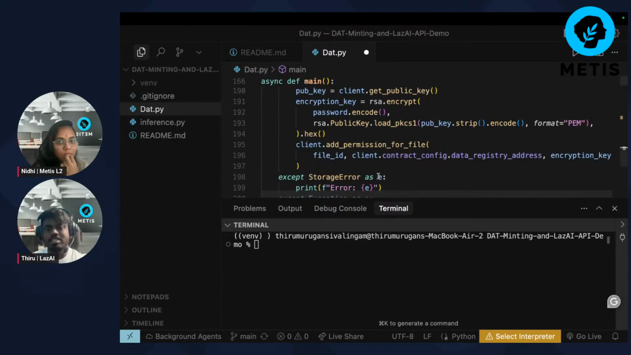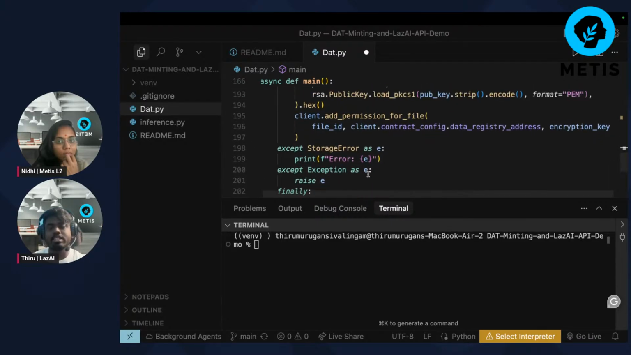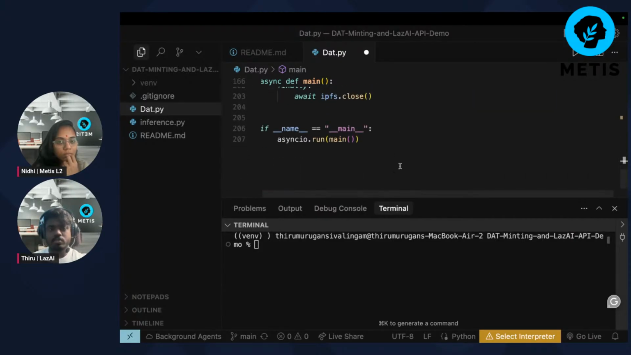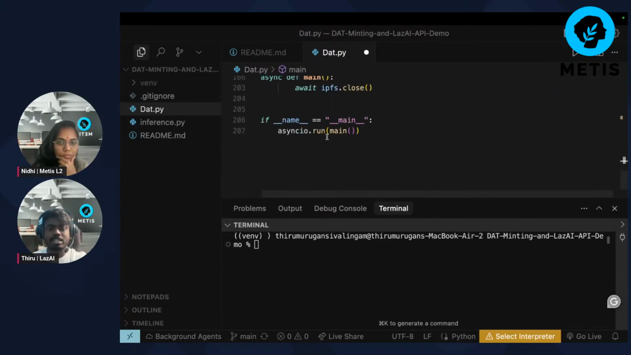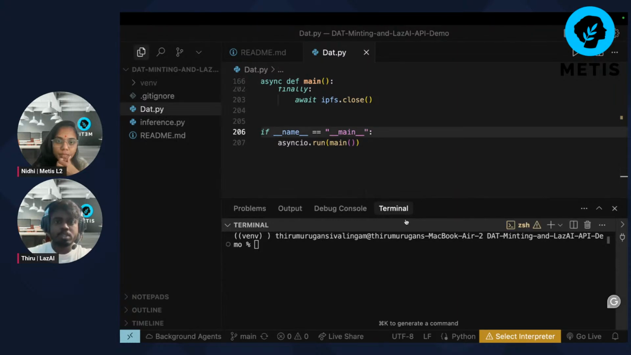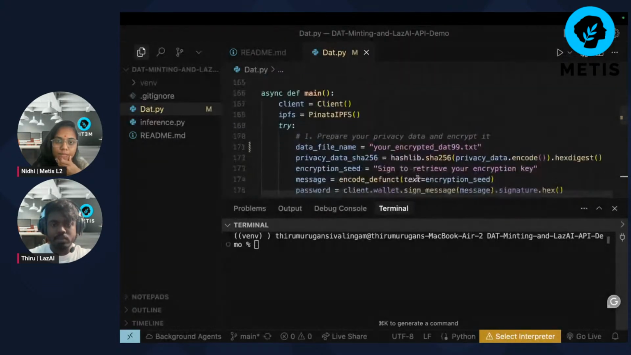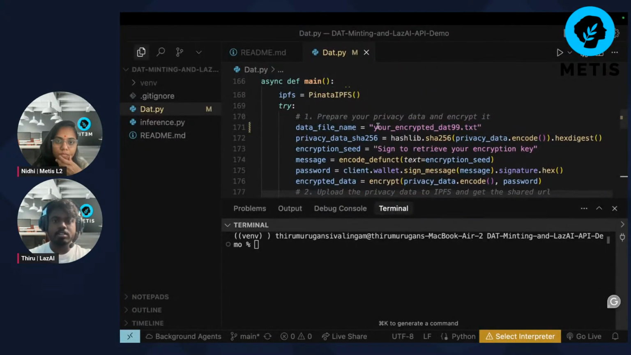So we sign the transaction, and the file will be stored on chain and in the IPFS. So that's it. Basically it will run the main function. This is the class. The only thing we have to change over here is the file name. Once that is done, we can run